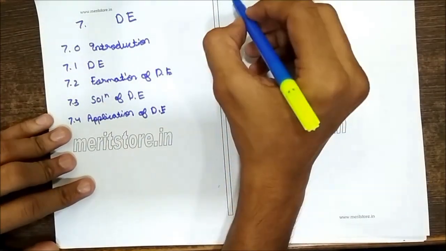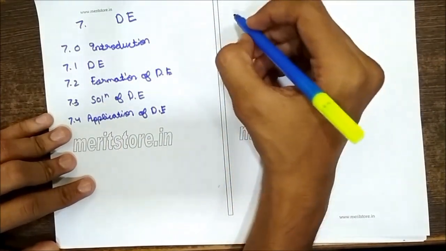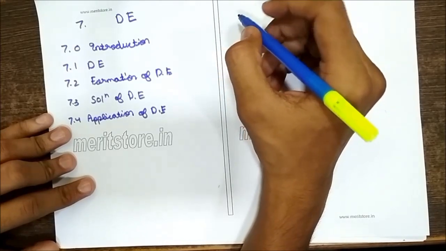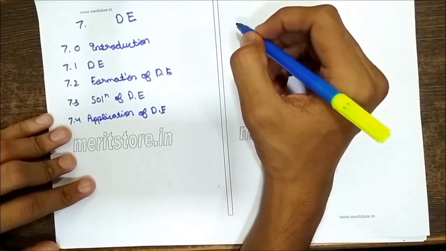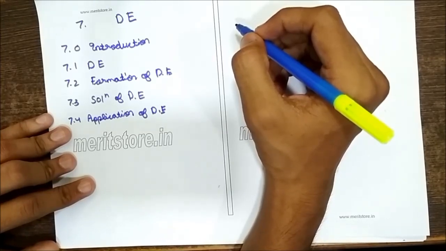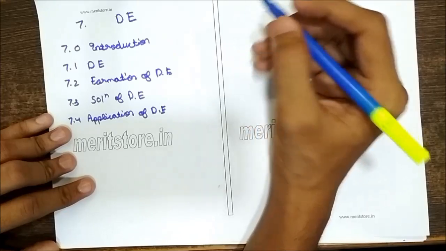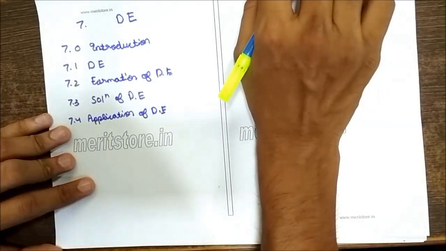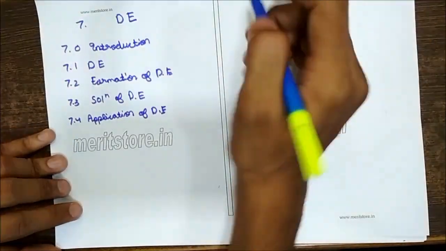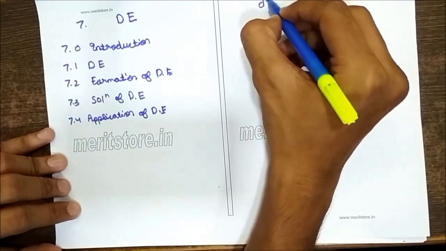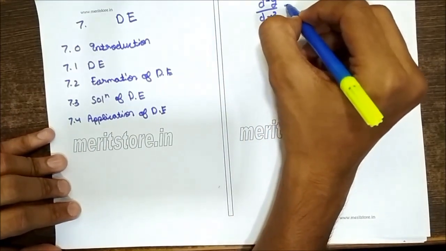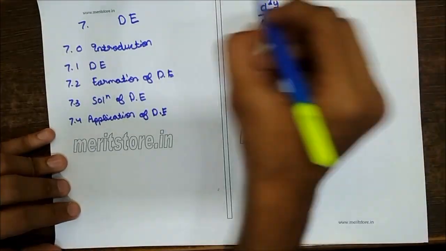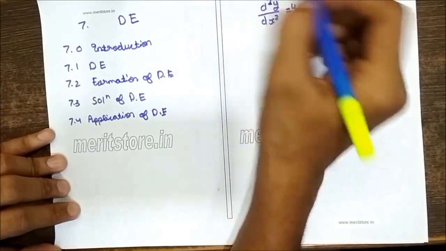The introduction. Let me tell you something about the introduction. A mathematical model of any natural phenomena pertaining to physics, chemistry, biology, economics, etc. involves differential equations, and these have therefore assumed great importance in all modern scientific investigations. Don't go into the technical jargon. Let's see with an example. This is one of the examples of a differential equation.